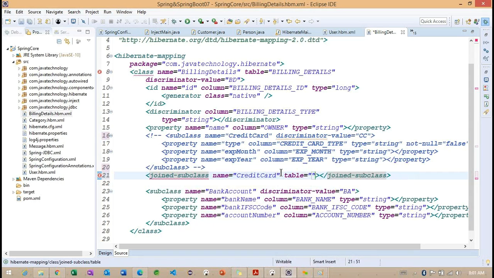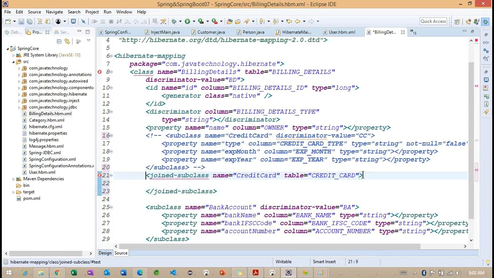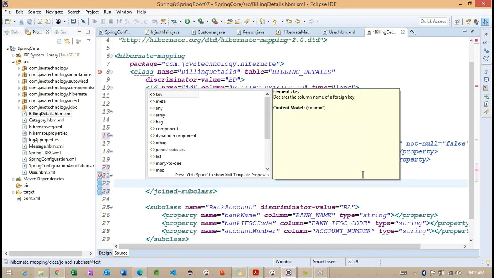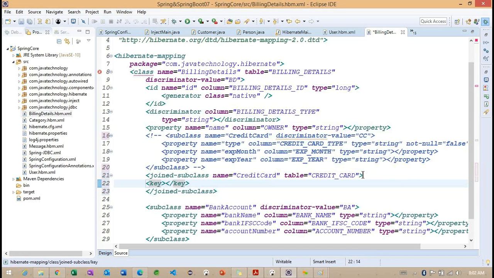So here for table I want to provide credit card. And after this we need to specify the key. So what is the primary key? Here we need to provide the column. This column is going to play the primary key as well as the foreign key reference.